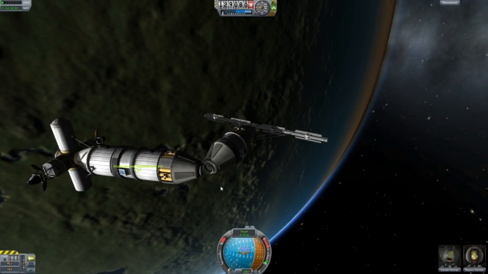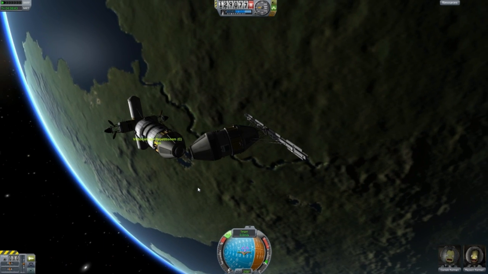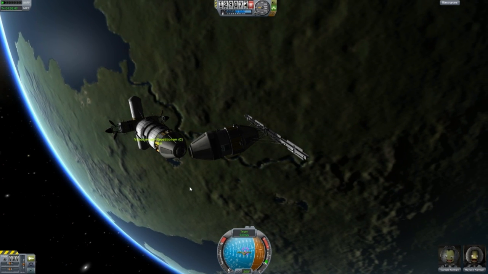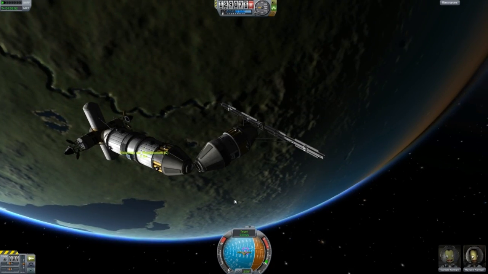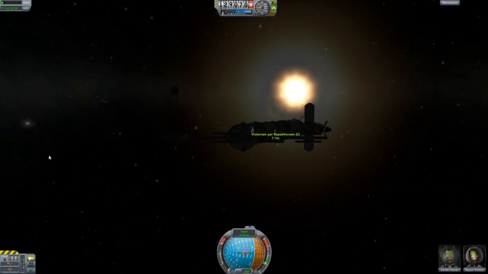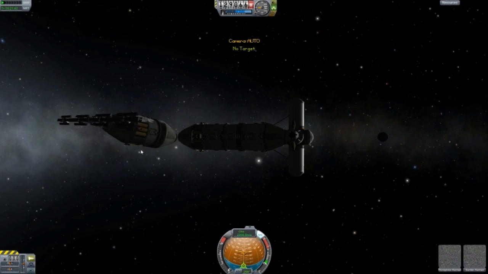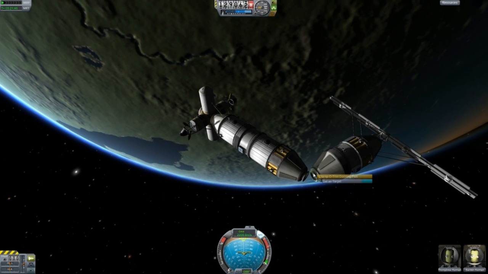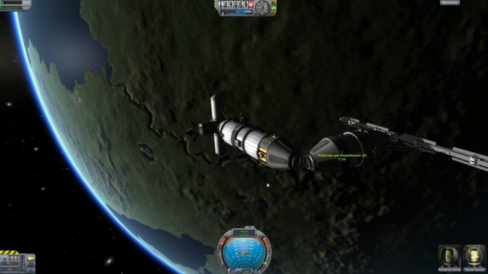Now you don't want your SAS on once you make contact, because they have almost magnets in them, and the magnets find it hard to push against the SAS. So at this point, when we're very close to achieving a dock, I'm going to switch over to my other craft, and again going to control it from the dock and target the other dock, and I'm going to take SAS off, and I'm going to